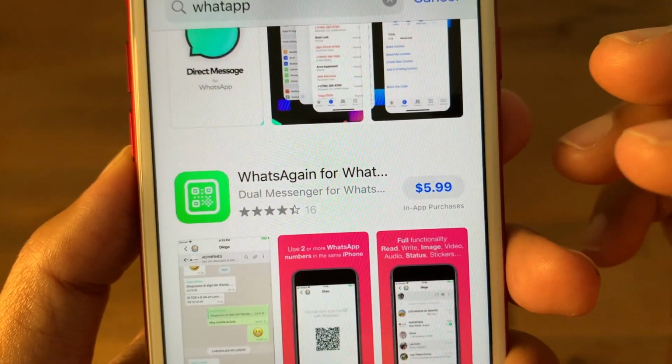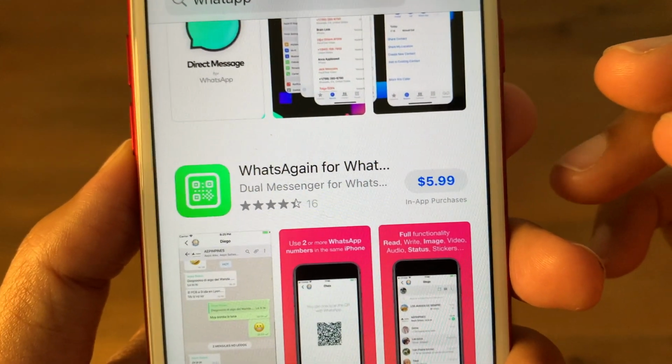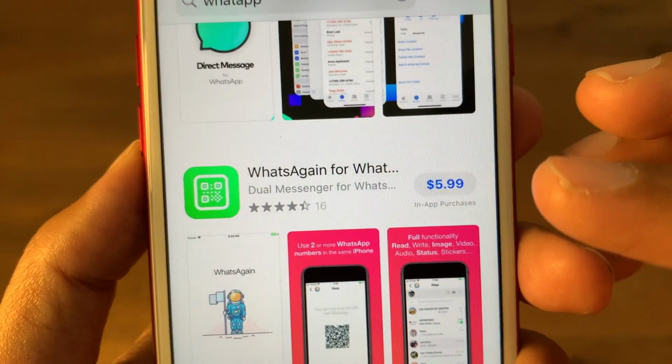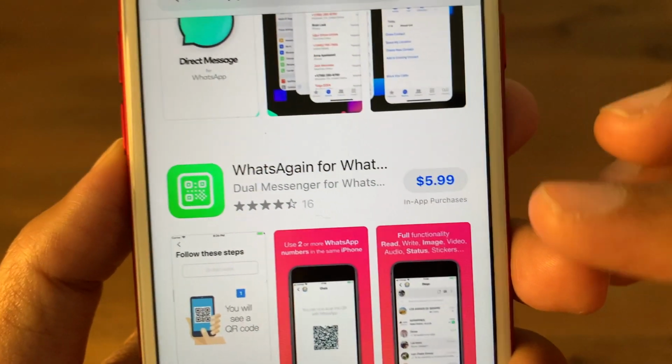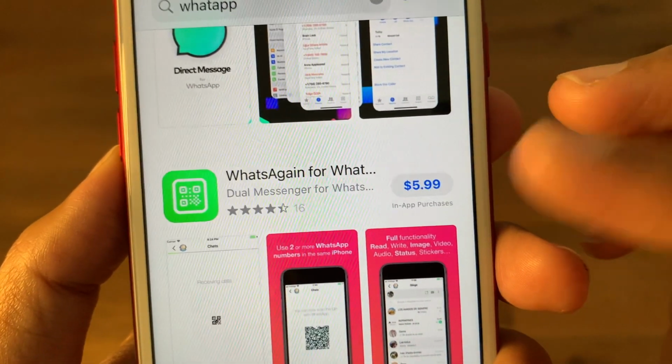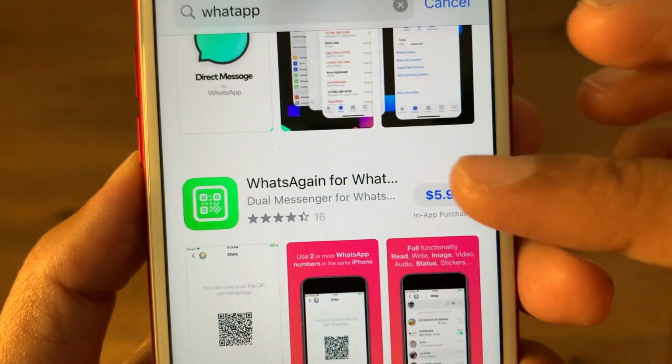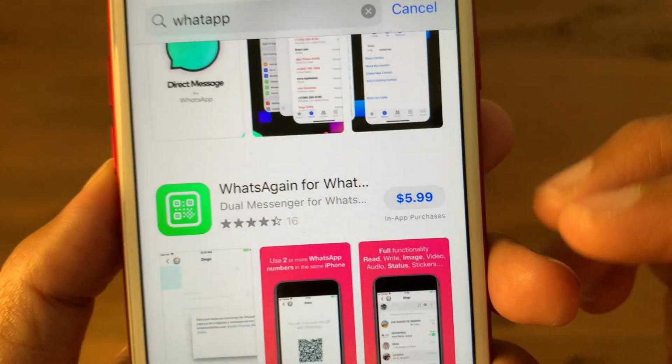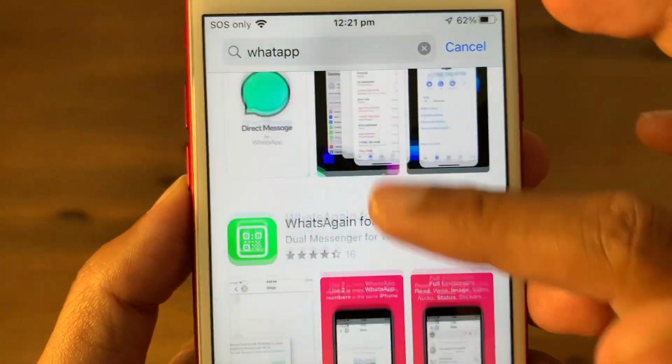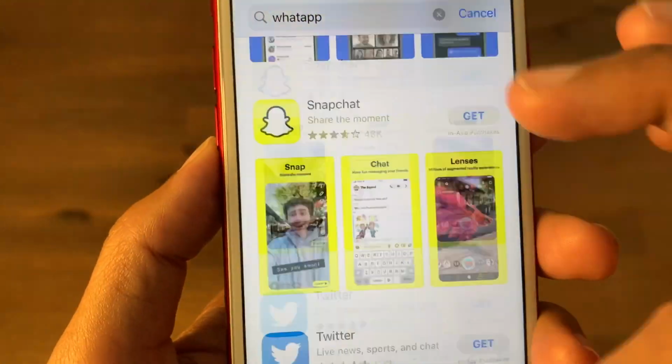Now, am I paying that every year, every month? You only pay this as a once off. So that's just something to be aware about. So if you see the price tag to get the app itself, it means it's only a one-off payment. But if I just go back,